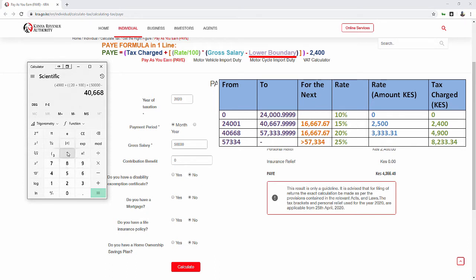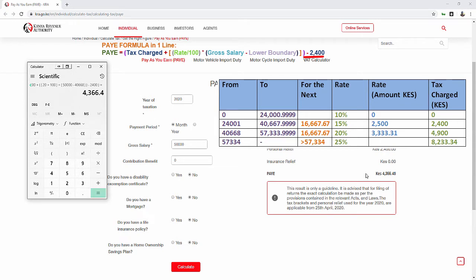Okay, we close that particular boundary, and then we close that and take out our monthly personal relief, and we